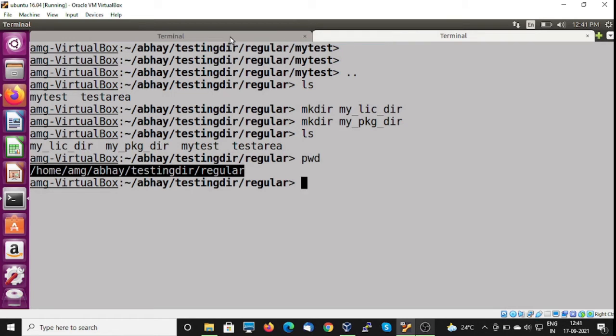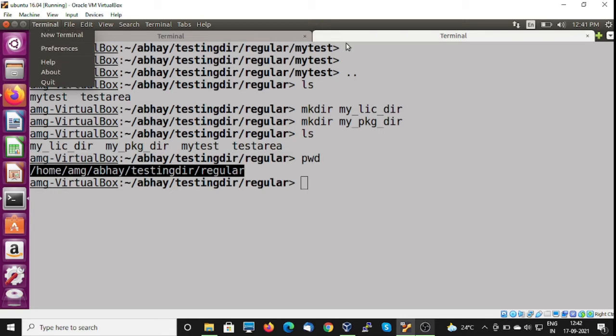Now let me start downloading my license as well as package.